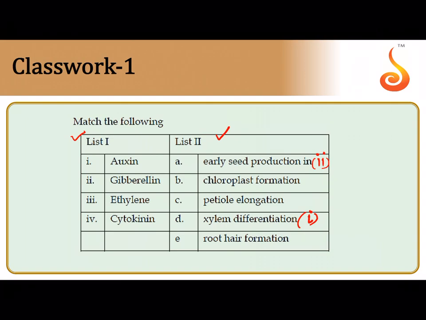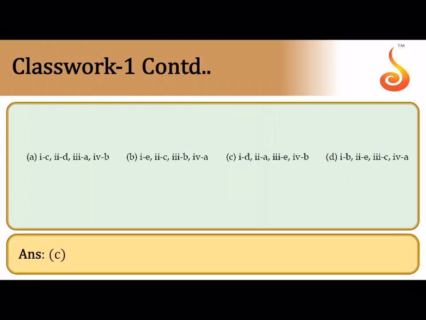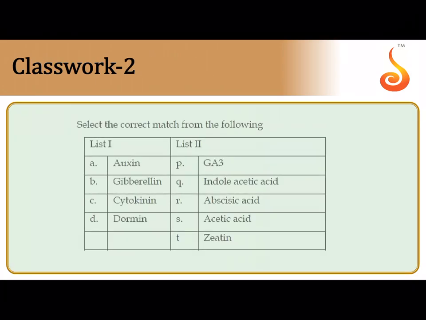Ethylene. Now ethylene helps the flooded rice plant to show petiole elongation as well as internode elongation. So it is C. And lastly we have cytokinin, and it is important for you to note that cytokinin is the one that is involved in reducing the senescence of leaves, and as a result the fourth one would be the second option. Okay, so based on what I have matched over here, the correct answer would be the third option according to the list. Now the second question is again a match the following question.